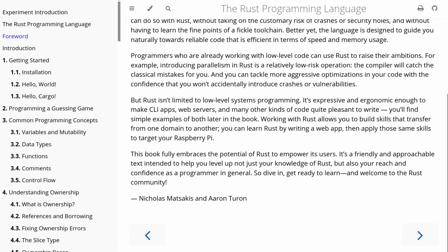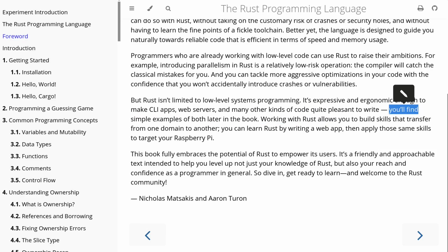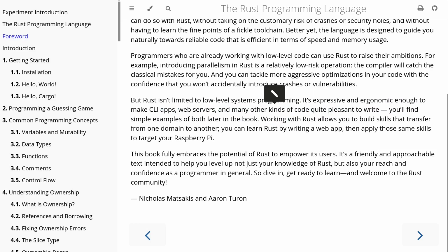But Rust isn't limited to low-level systems programming. It's expressive and ergonomic enough to make CLI apps, web servers, and many other kinds of code quite pleasant to write. Like CLI applications. Okay, maybe quite pleasant to write. You will find